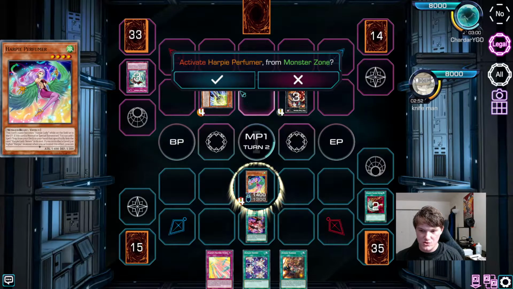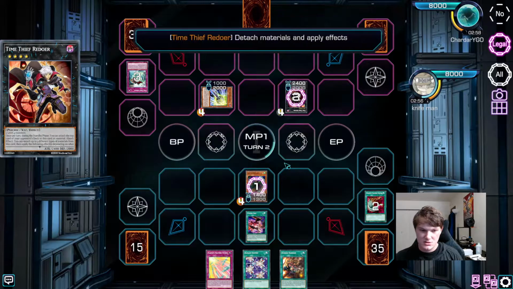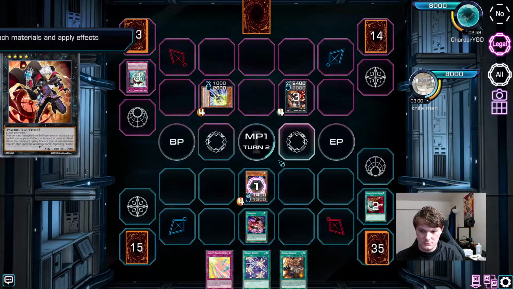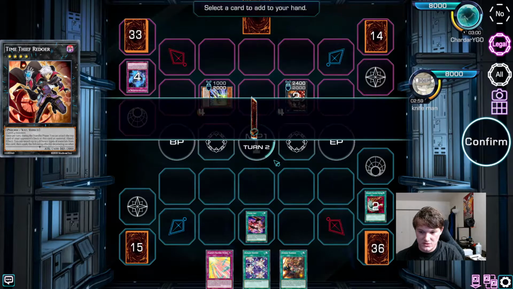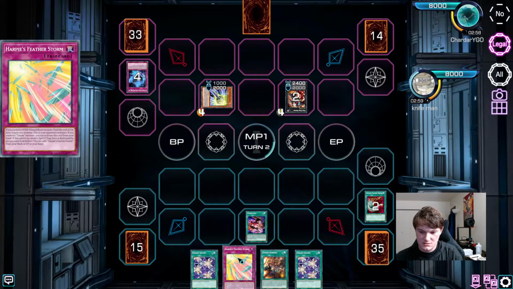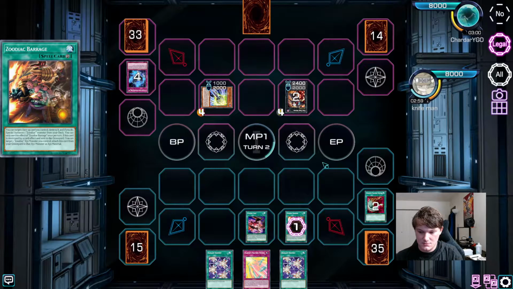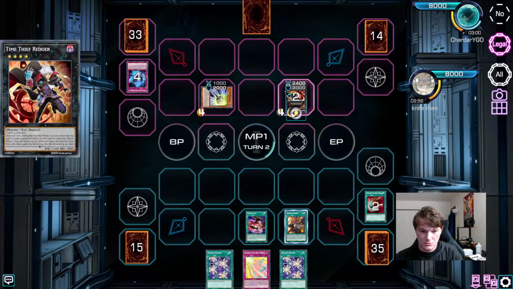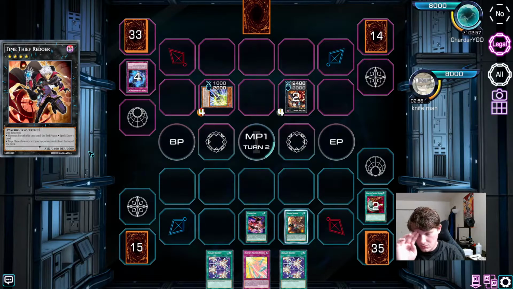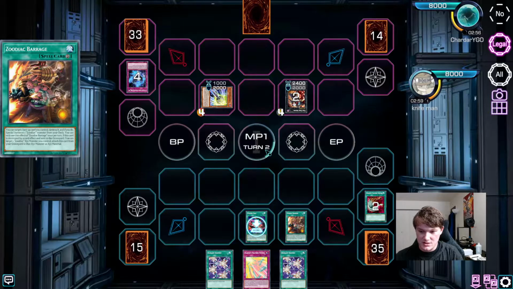Normal summon Perfumer. Activate the effect of Perfumer. Opponent's going to activate Redoer. Detaches Brigandine. Puts back Perfumer. We get Egotist. Activate Barrage. We'll activate Barrage, target Hysteric Sign,